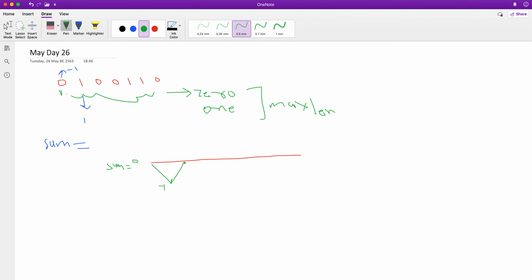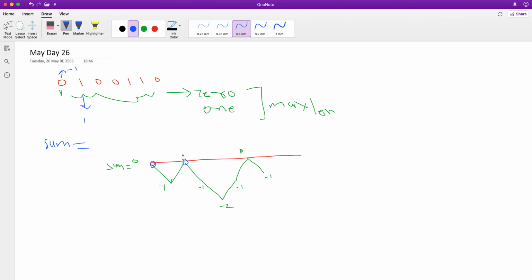So next we are getting a 0, so this will go again to -1. Next, again we are getting another 0, this will go to -2, sum is -2. Again we are getting 1, sum will become -1. Then again we are getting 1, sum becomes 0 again, and after that we are getting another 0, which will go to -1. So at every point when we see two indexes, we compare two sums. If it is 0 here and 0 there, that means we are getting the same sum, that means we have an equal number of zeros and ones.